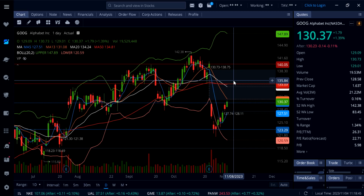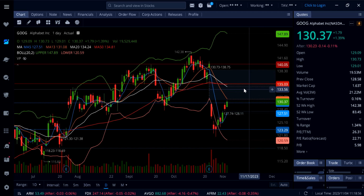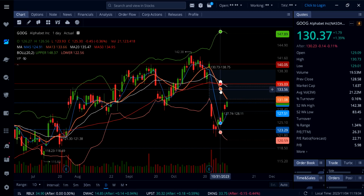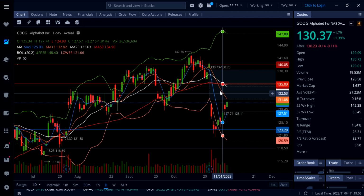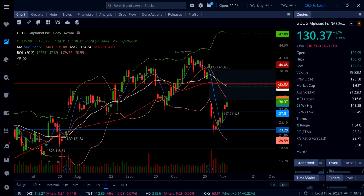And if you look at Meta, guys, what happened? Huge gap down right on earnings, and then that entire gap actually got filled the next day, and this one could be doing the same thing. It's taking some time, but I think above 130, the next stop definitely needs to break 131.08, the 13 SMA here on this daily chart, and above that, easy, a quick trip all the way up to 135